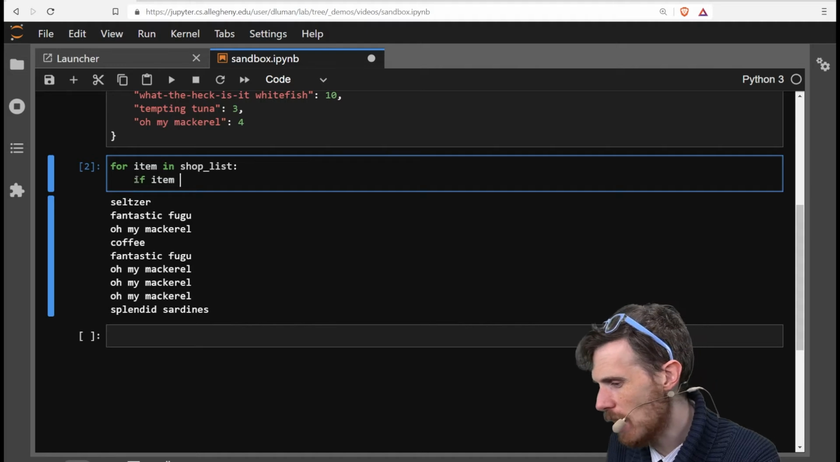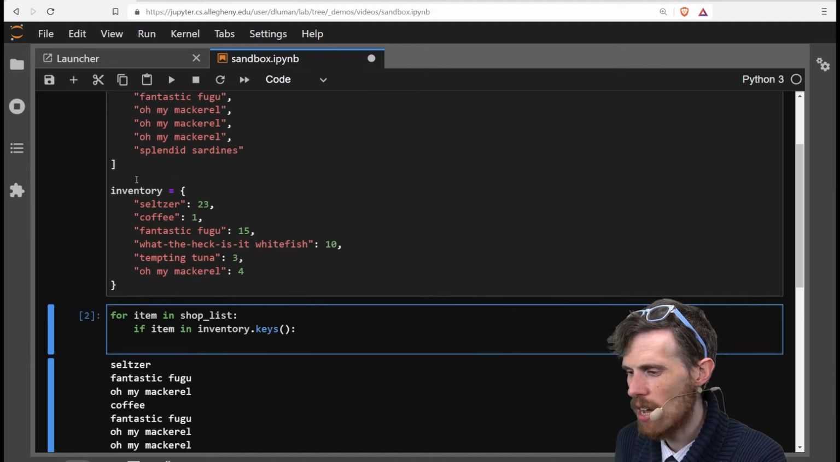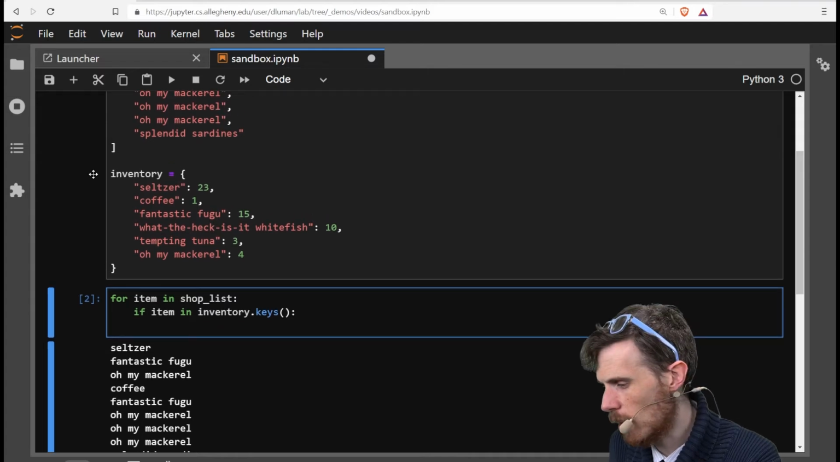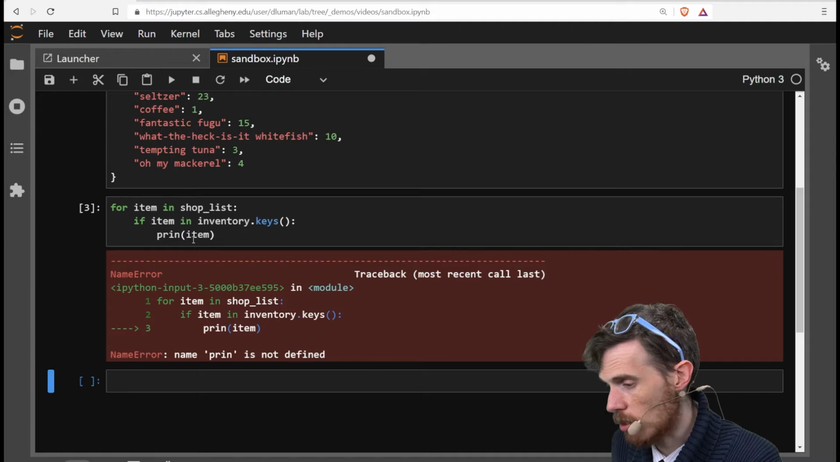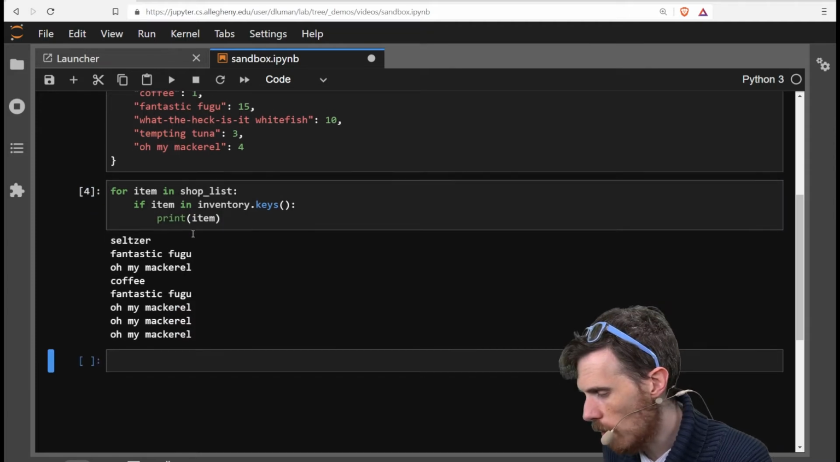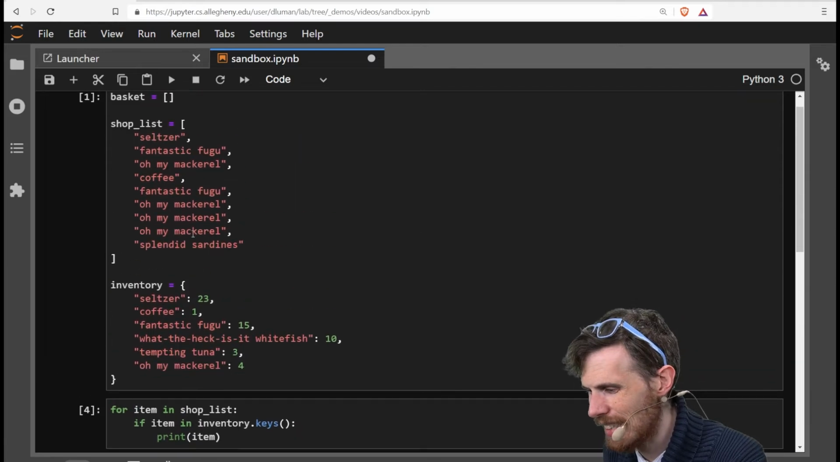So I'm going to say if item in inventory dot keys, and the keys method just returns a list of all of the keys here. I can print item, and I notice that, I can spell my print correctly, of course. I notice that all of my shopping list items except for Splendid Sardines is here,